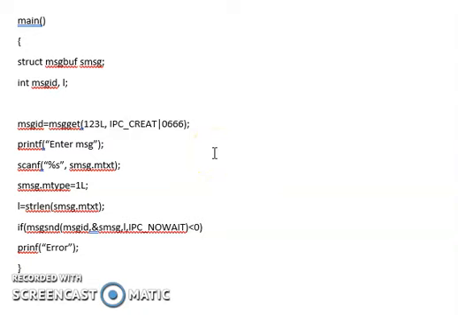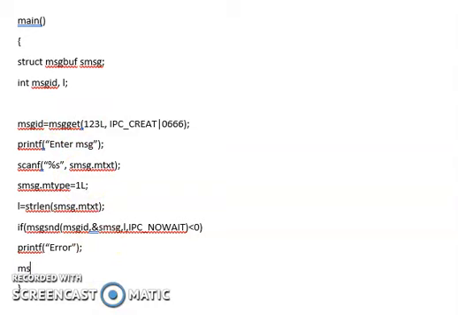Now suppose both the server and the client have to talk to one another. There should be message sharing. The server will write, the client will read, the client will write, and the server will read. Sorry. So for that, let us prepare. I'll just extend the same program. Since the server has written, the next step is that the server has to read data from the client. So I need to make additions after my msgsnd here. Wherever I have made typographical errors, kindly bear with me and make the corrections accordingly.